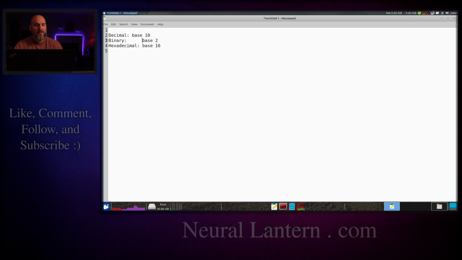We can basically convert back and forth between all of these systems. We can represent the exact same number just in different ways. Just as a quick refresher,